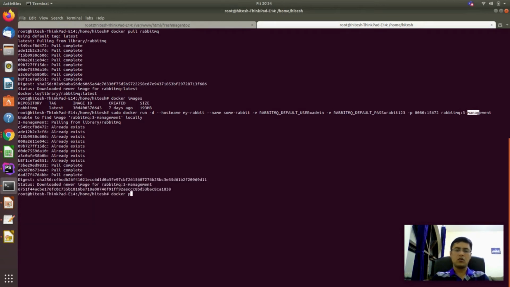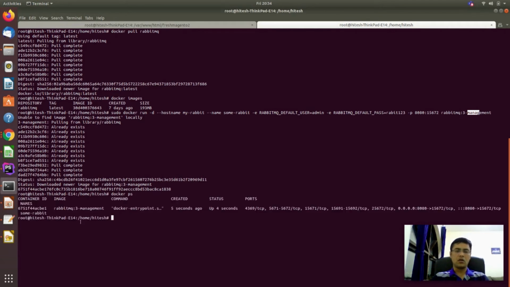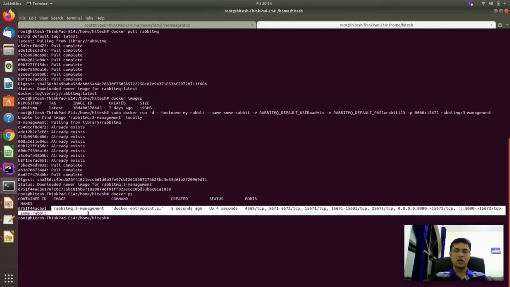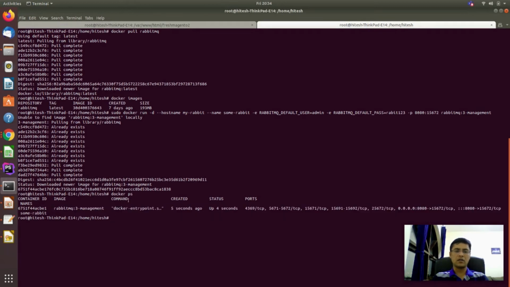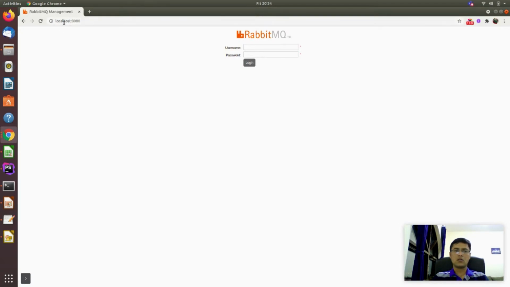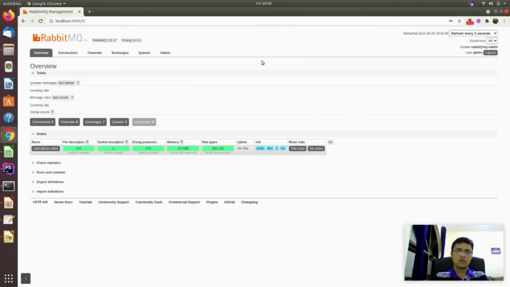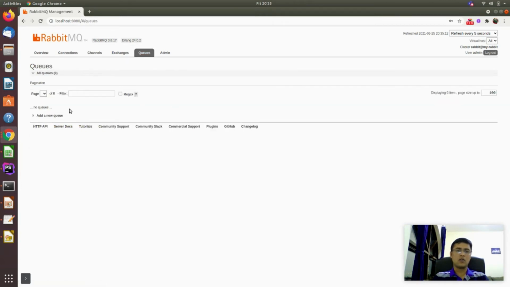Here you can see our Docker RabbitMQ container is up and running, and let's access it from the browser. So here you can see localhost 8080 and RabbitMQ is up and running. Here you cannot see any queue because we haven't connected with our Magento yet.